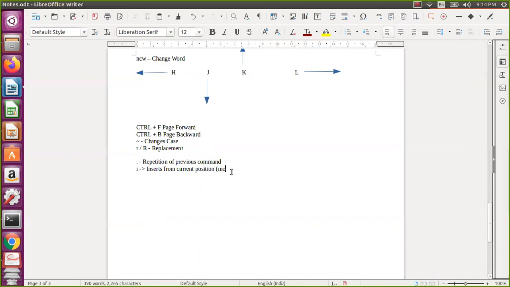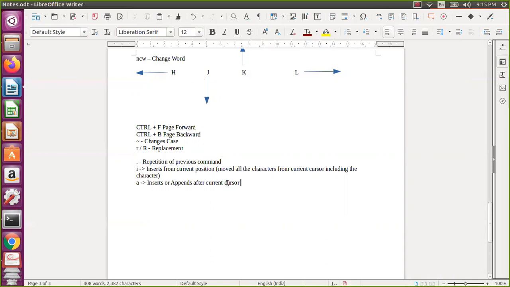Whatever is at the current cursor position, it moves all the characters from the current cursor, including that character. Small a appends after the current cursor position.